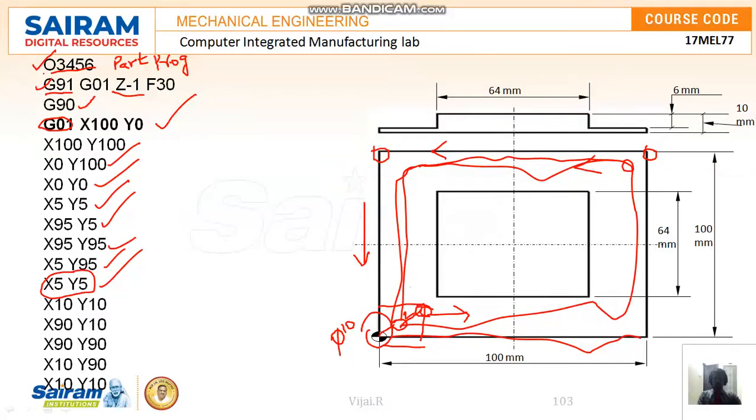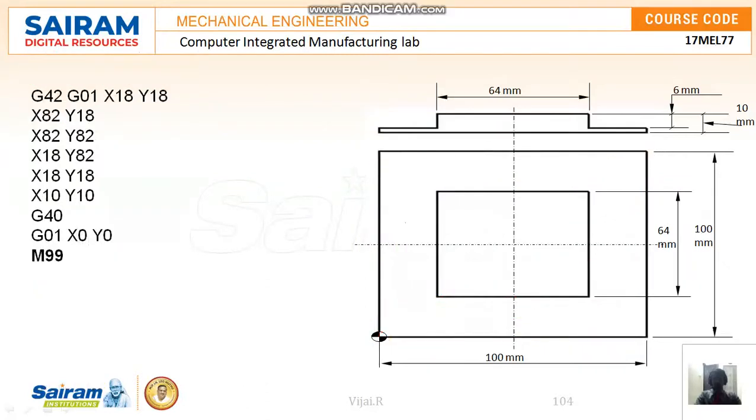But when we want the slab exactly, the tool should travel away from it, that is, the diameter should be compensated outside. That's very important here. The tool should not travel along this contour path. Normally it will travel exactly at the center, but now we are going to change this.